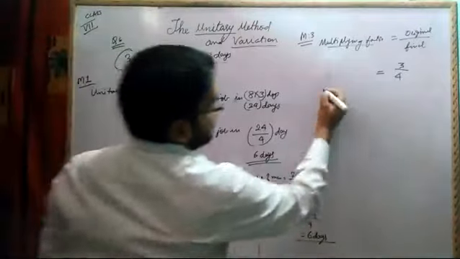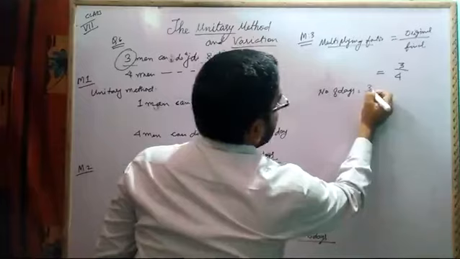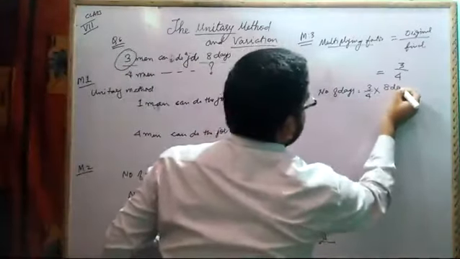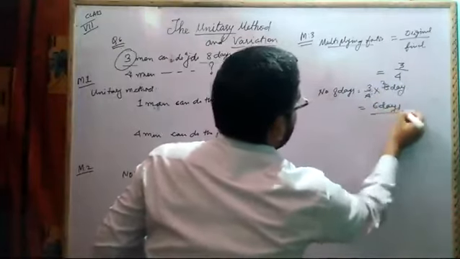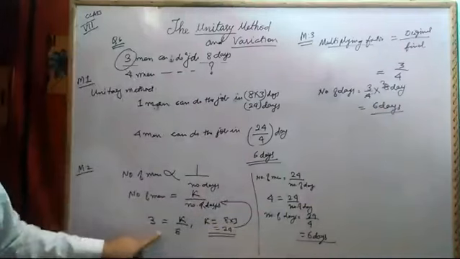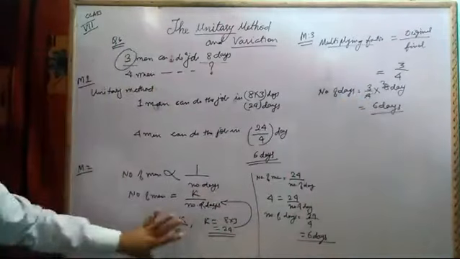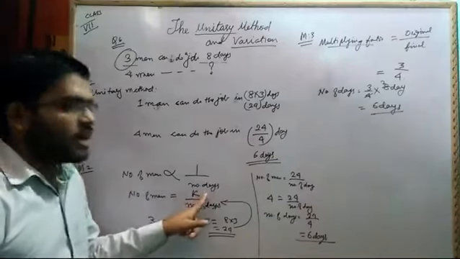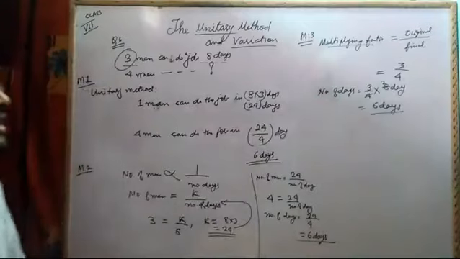Now the number of days is equal to 3 by 4 into 8 days. Now if you see, here also we had the same, no? K is equal to 3 into 24, same here. Same thing we are doing. Nothing has changed, only the methods, the processes are changing. Here we have to find the constant value. There we are directly putting the multiplying factor and getting the value.